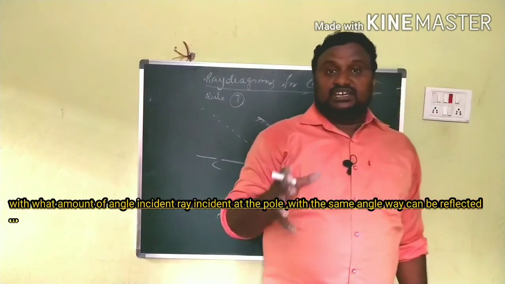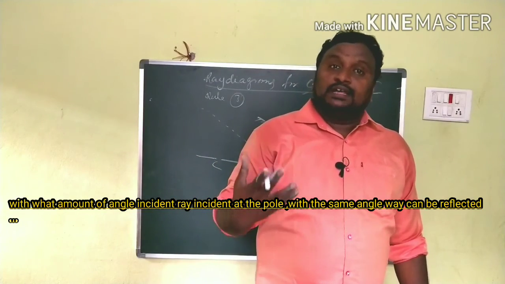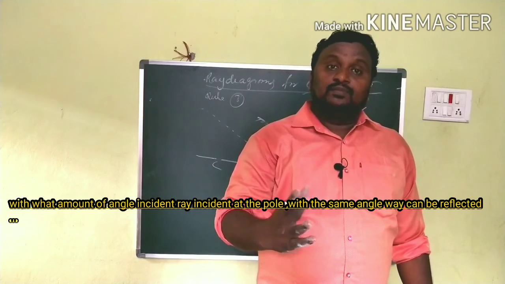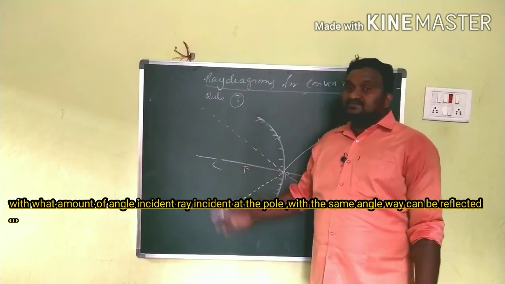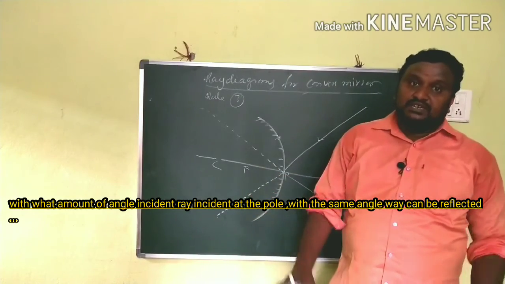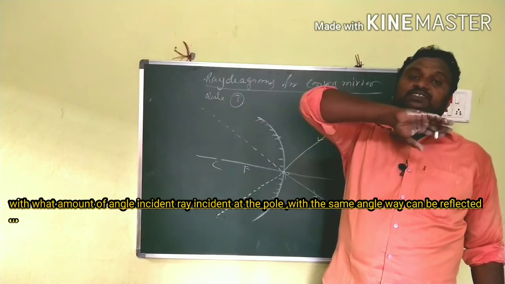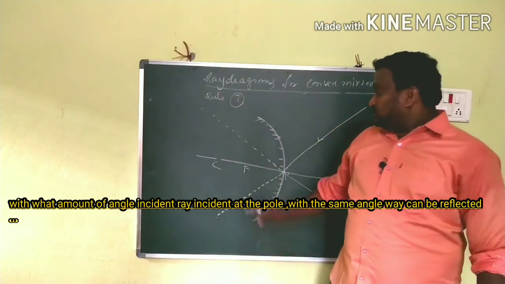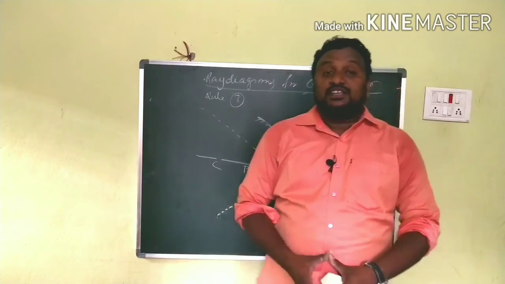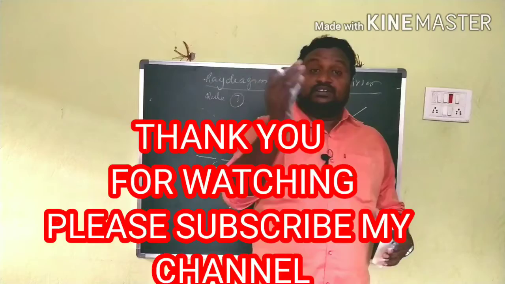So children, these are the rules again for convex mirror. So in concave mirror and convex mirror, what do you observe? In convex mirror, we are having some extensions. The ray should be extended back because it forms the virtual image. The image formed by the convex mirror cannot be captured on the screen. Clear? So that's why we are extending the rays. So this is about the rules to draw the diagrams for convex mirror. It is in our textbooks also, so see once again for them.